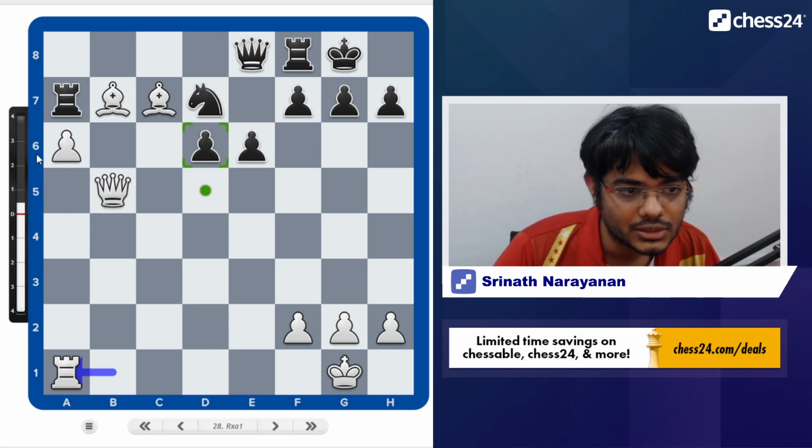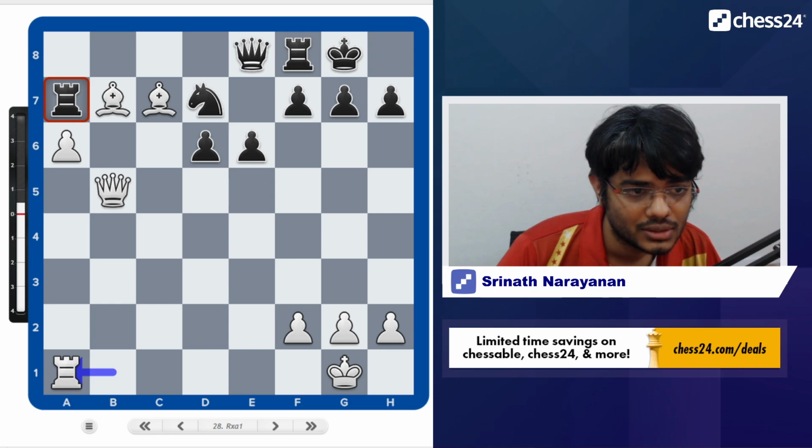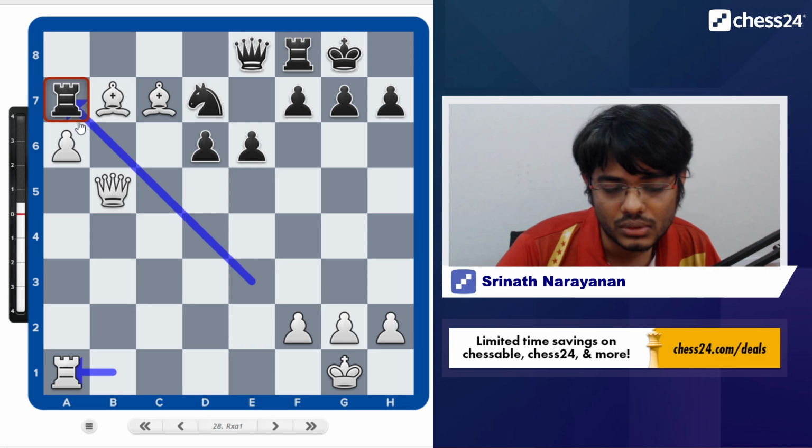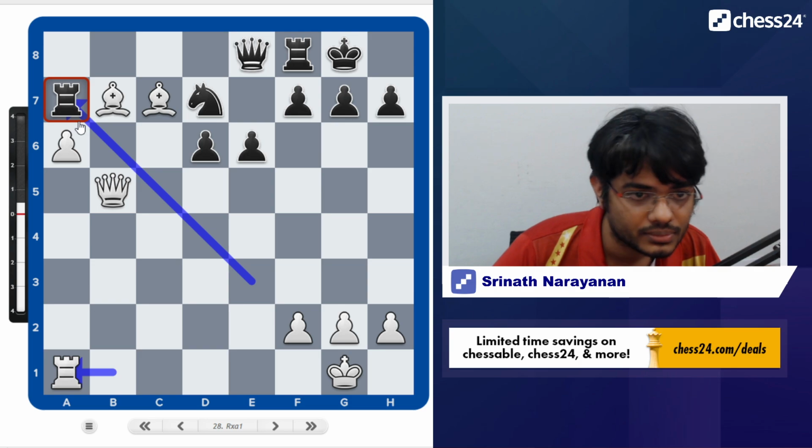black does not have any dark square bishop to protect any threats against the a7 rook by the white's dark square bishop. As such, the bishop just needs to get on this diagonal and attack the rook and force the loss of an exchange, after which the pawn is likely to queen.